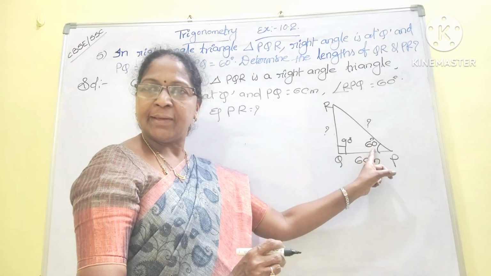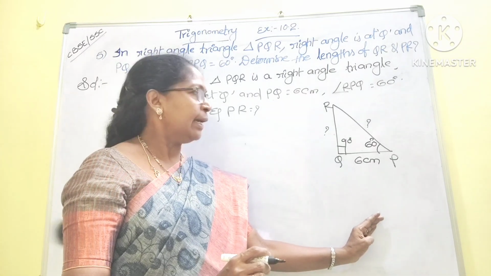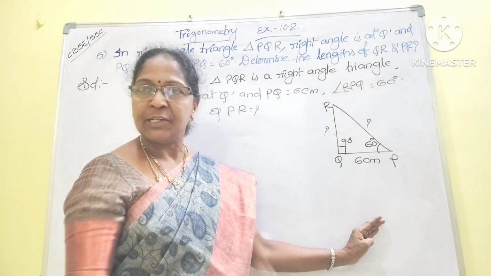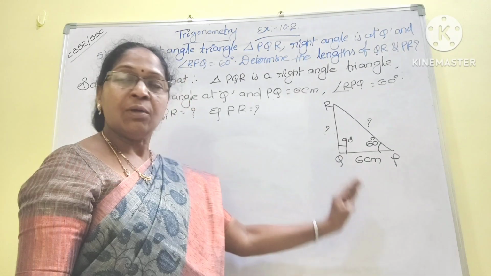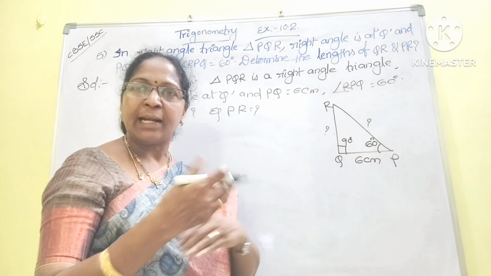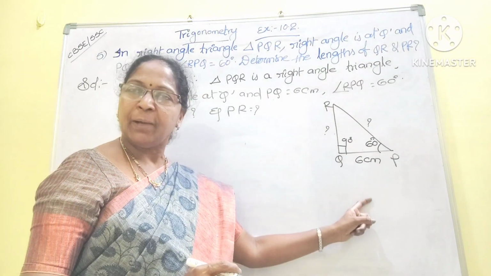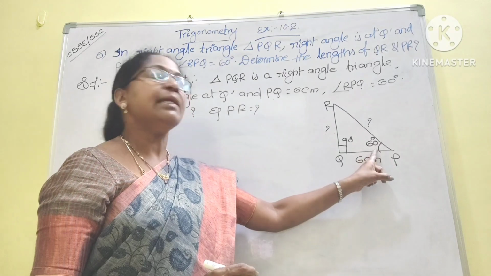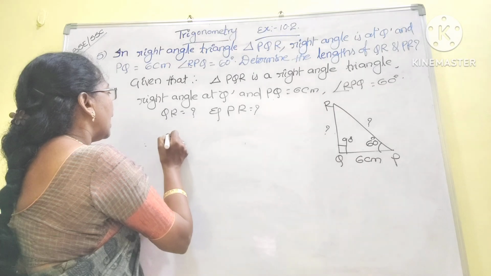Here the angle is given. So, related to the opposite side and adjacent side, you have to think about which trigonometric ratio is related. That is related to only tan and cot. If you take tan theta, that equals opposite side by adjacent side. Here theta is nothing but the angle, where theta equals 60 degrees. So here I am taking